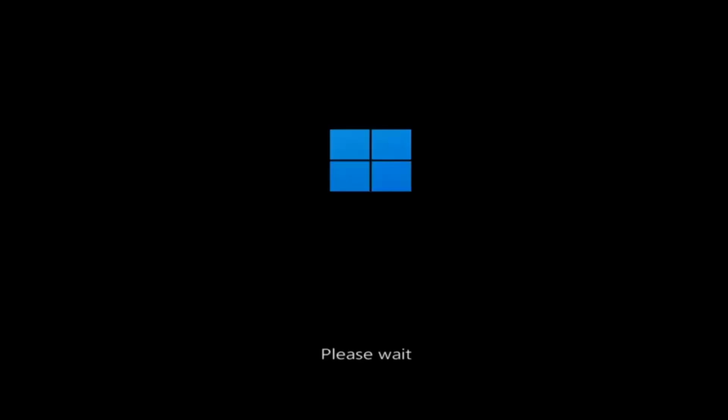Having trouble with a Lenovo IdeaPad 3 that turns on but won't display anything? Whether you're seeing a black screen after startup or your laptop appears to be running without showing an image, this video covers several effective fixes. Follow along as we demonstrate practical troubleshooting steps to resolve the Lenovo IdeaPad 3 black screen issue and identify the